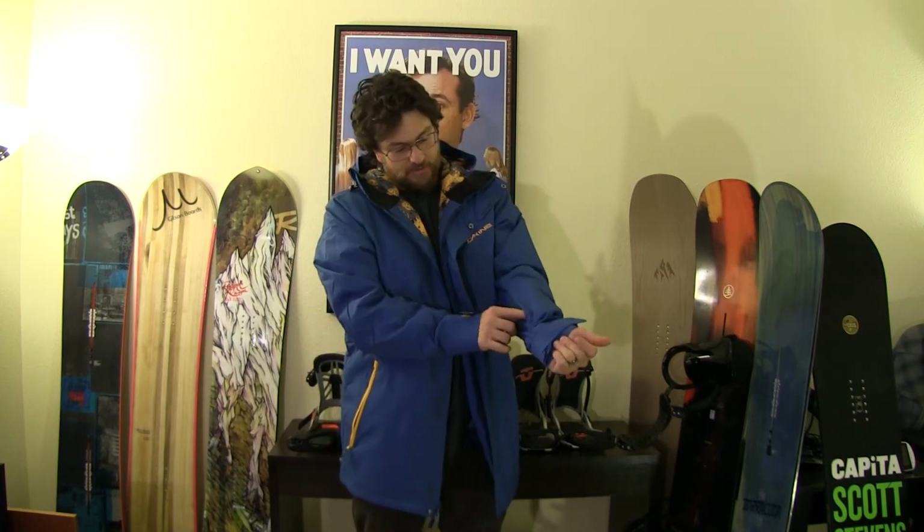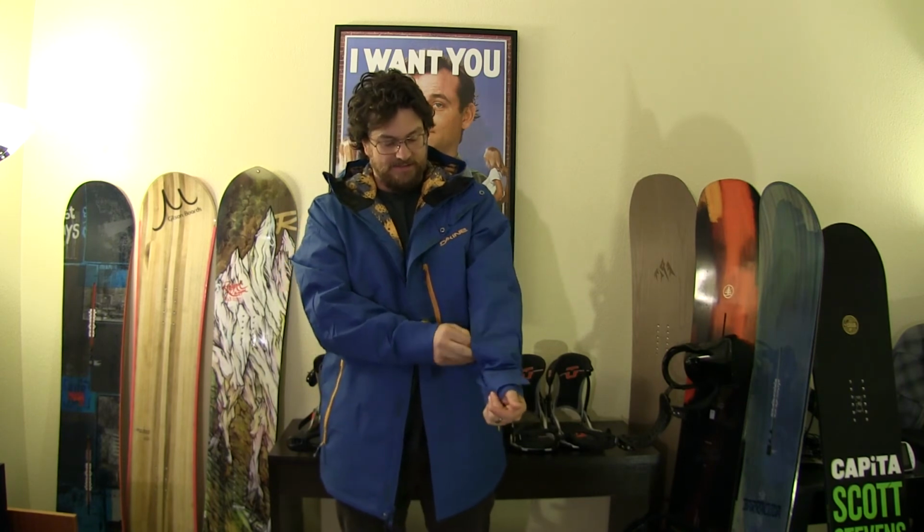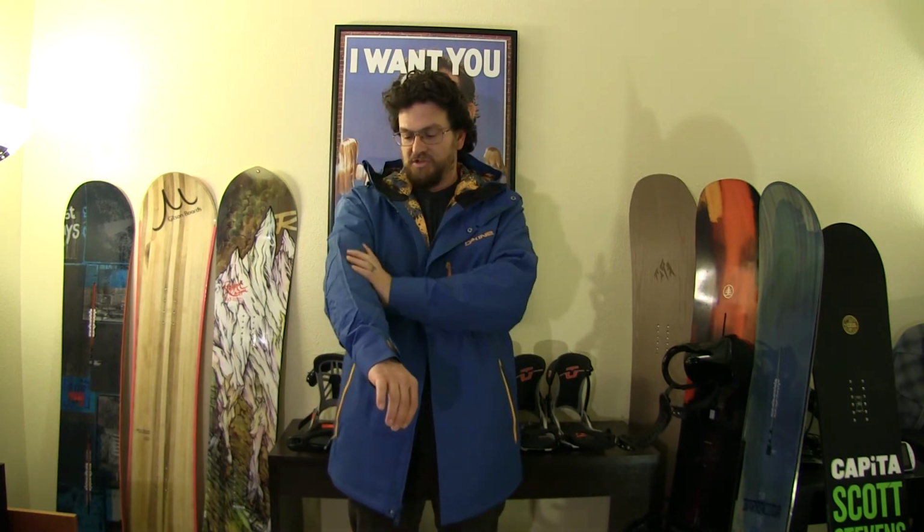All in all, I like the Dakine Ledge 2 jacket. Oh, forgot to mention there's a little pass pocket or little key pocket, something like that, if you want it there. But all in all, I really like this jacket. The one thing I noticed in the specs is it doesn't seem to have a membrane. I think it's just an outer treatment or laminate. So it's not to say don't get this jacket because of that. However,